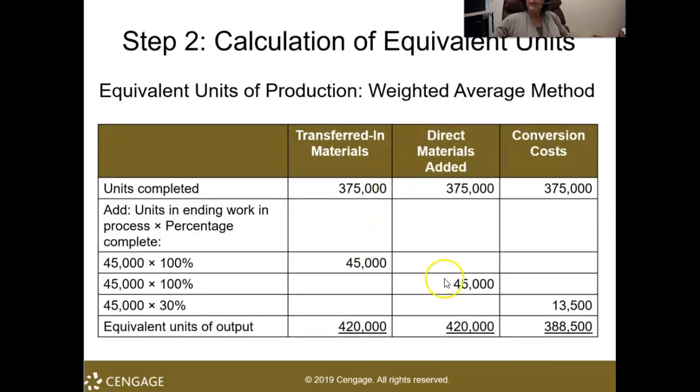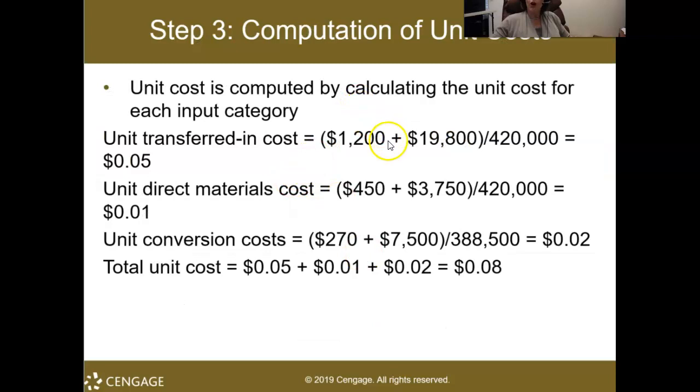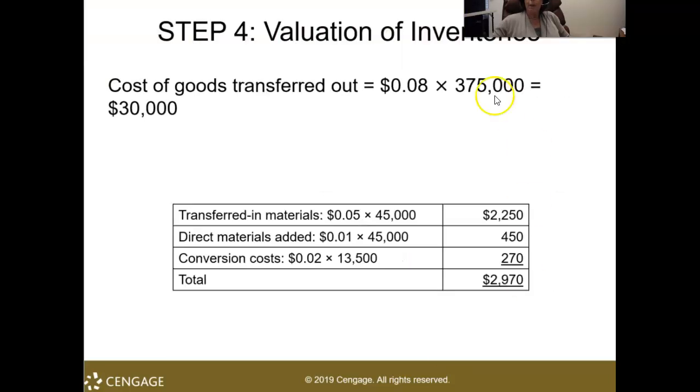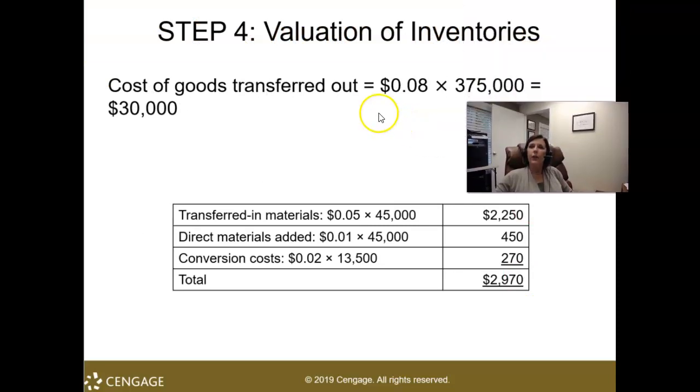So basically we've got materials transferred in, materials added, our 420,000, then we do the cost allocation over our 420,000 units, and this gets us to a unit cost of 8 cents per capsule. And a valuation of the 375,000 equals 30,000, and